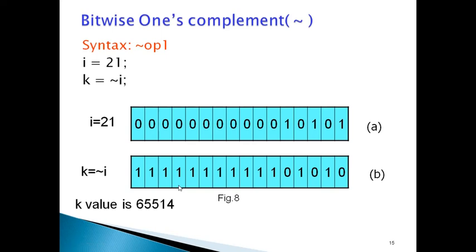In the same manner, in the binary number system, we have 2's complement. The 2's complement is adding 1. To find out a 2's complement of a number, we will perform the ones complement. After performing the ones complement, we will add 1 to the resultant of the ones complement. We will get 2's complement.